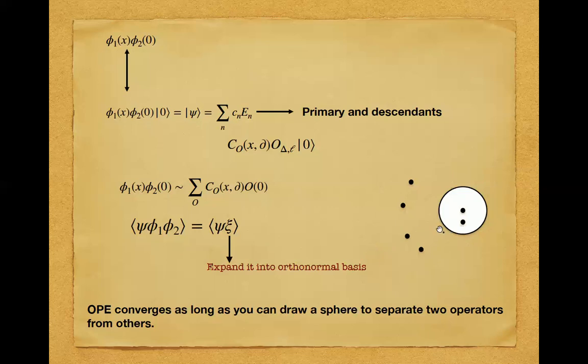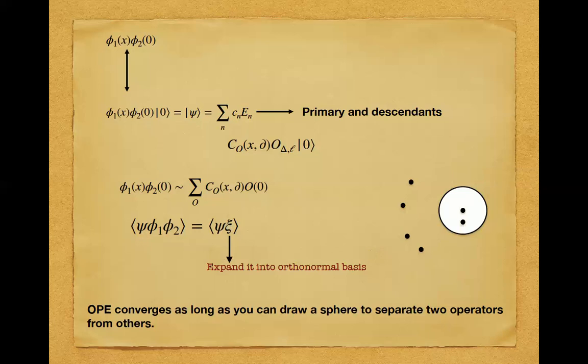So the proof of this statement follows essentially this way. Suppose you have a state psi, some outer state, and then there is phi1 phi2. This psi is a proxy for all the other operators that are outside, and that will create some out state on this sphere. And this phi1 phi2, which is inside the sphere, will create some in state, let's call that xi. And then you are just computing the inner product of psi and xi. And this state you can expand in the orthonormal basis of your